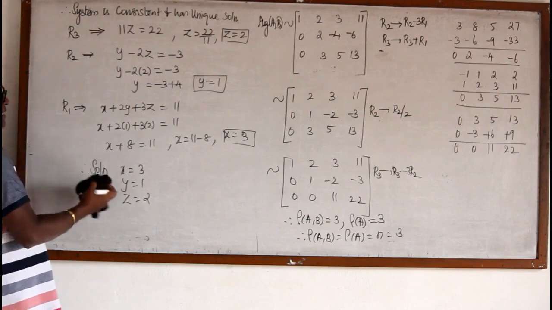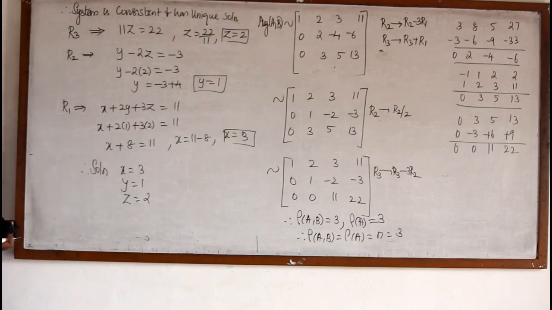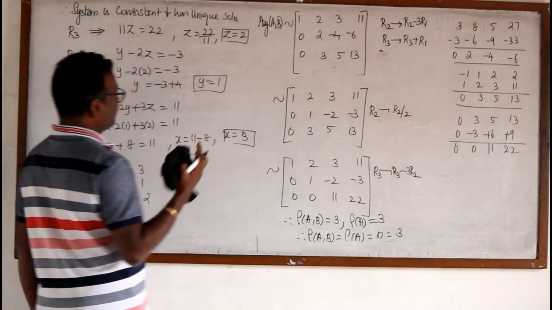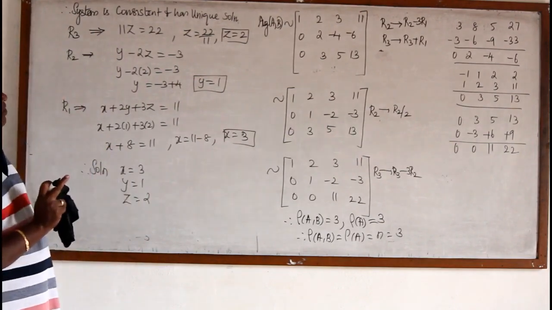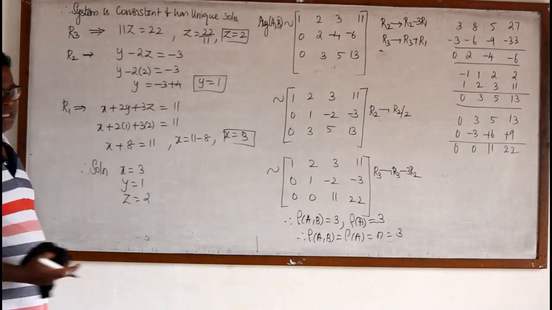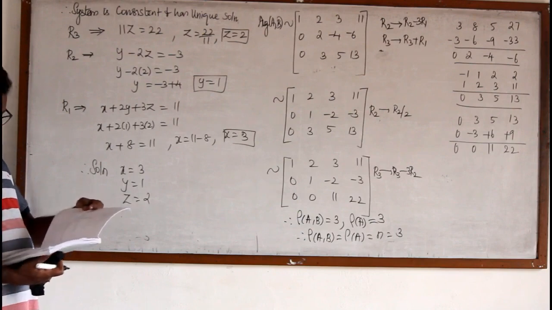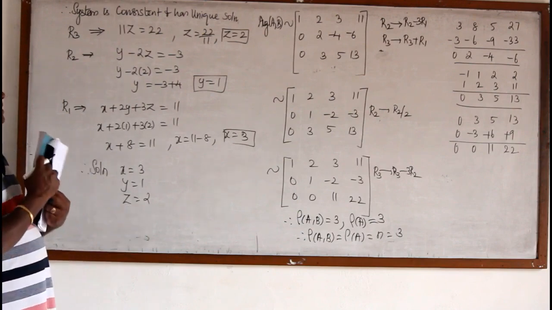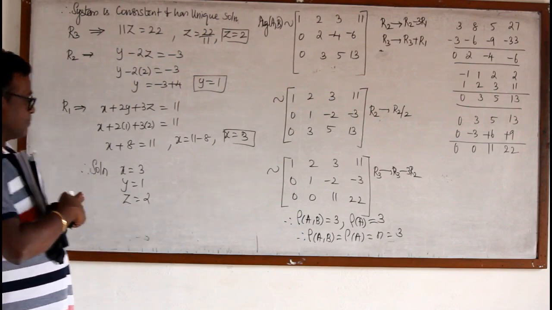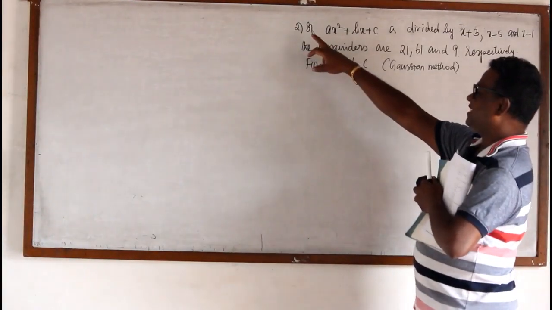It will be still better than the Cramer's rule if we are able to find out the rank very well. If you know the rank and if you are able to find out the rank properly, the remaining are very simple. So with that, we shall go for second problem.